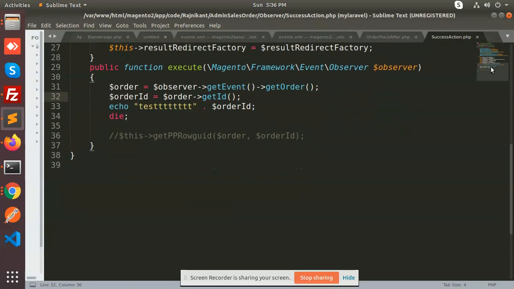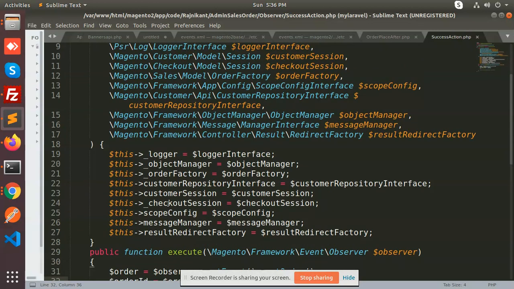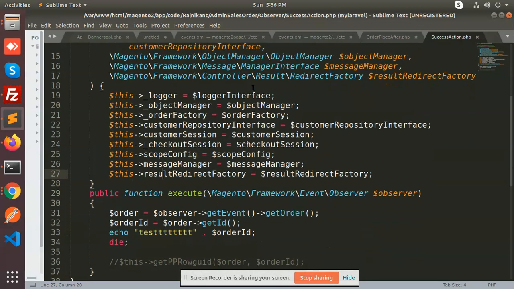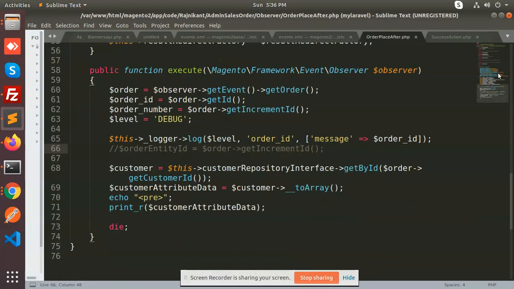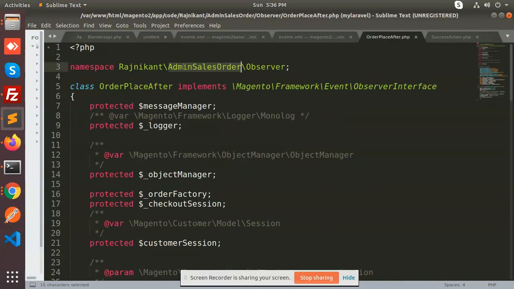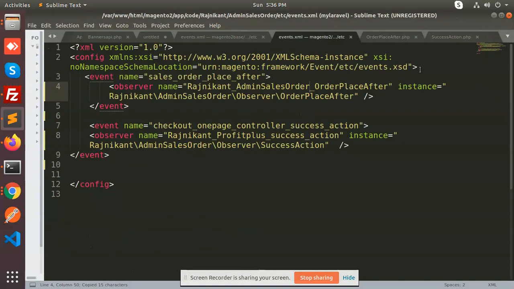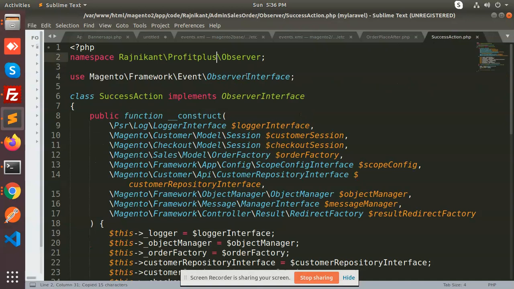Any issues we have, the custom helper is not there, these factories we have included. Okay, in the success section, profit plus we need to replace with admin sales order, that is our module, otherwise it will throw an error.